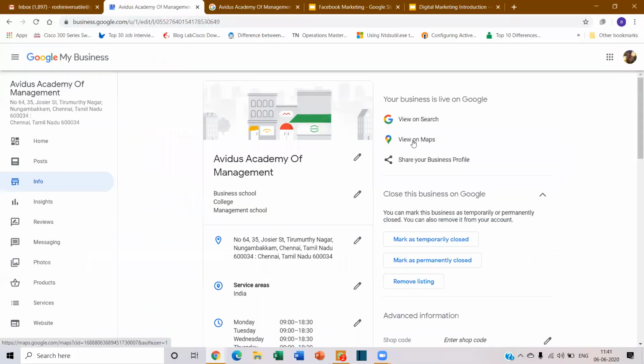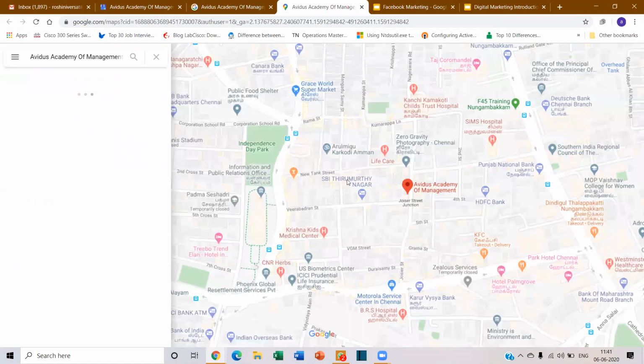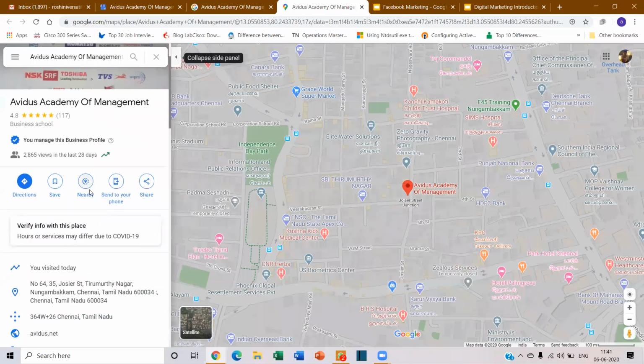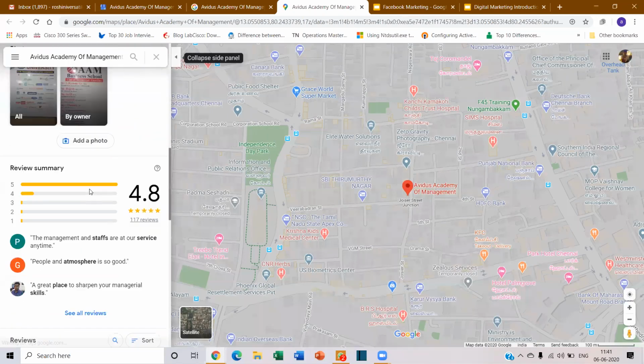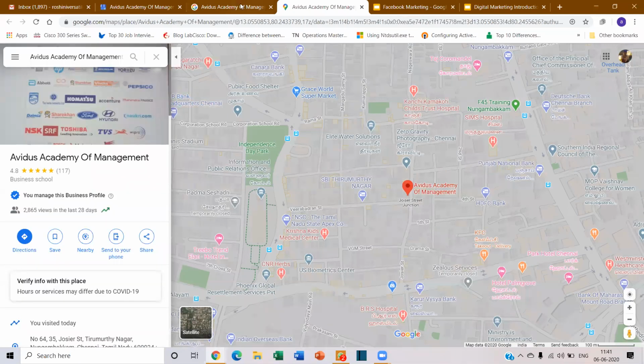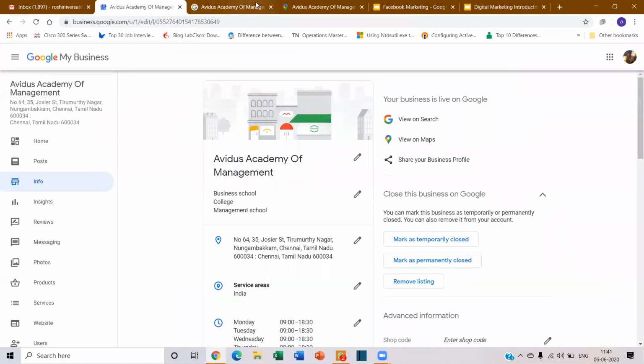And when I want to view it in maps, this is how it looks. So this is how it will look both in search and in maps. Whatever you're editing will reflect in the maps and searches.